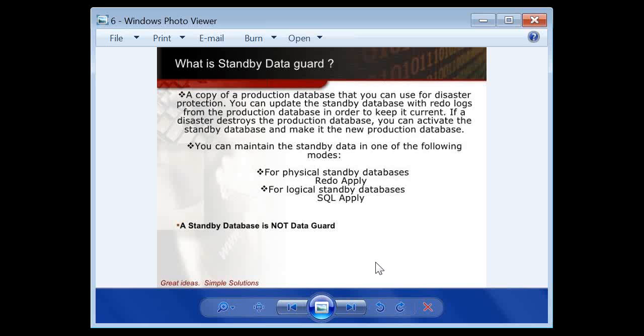In the normal physical standby, you transfer data from the primary site to the DR site using redo transmission, which is the default transmission. And there is one more concept called logical standby database, which uses a special concept called SQL Apply. SQL statements are applied if you are using a logical standby database. The logical standby database is a concept provided from Oracle 9i onwards,